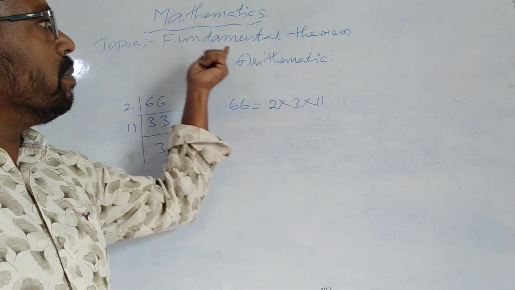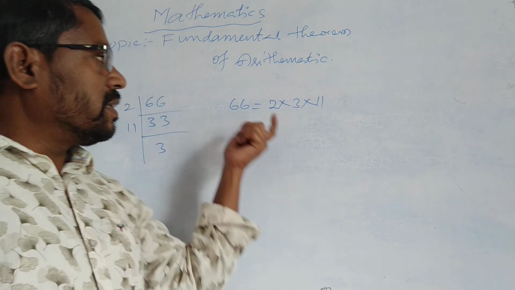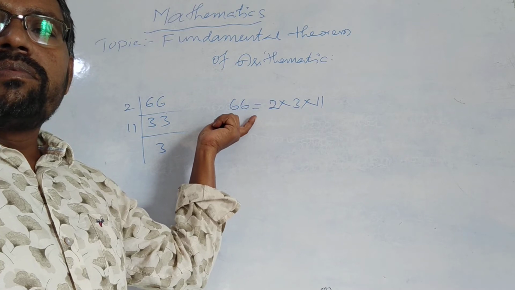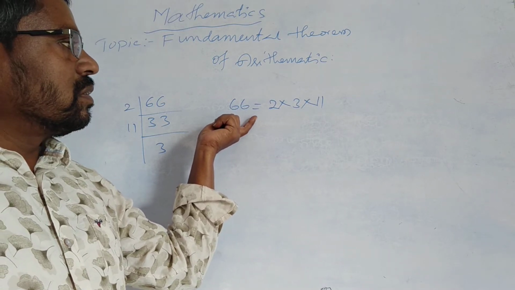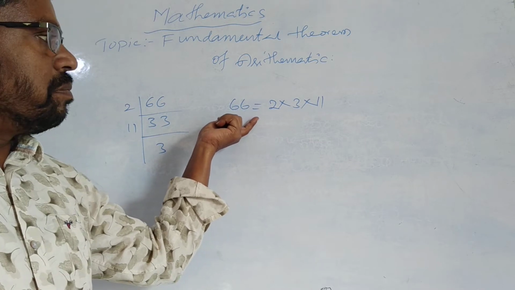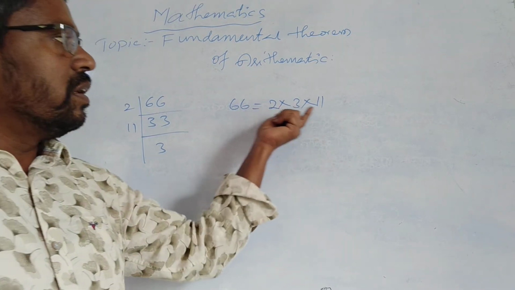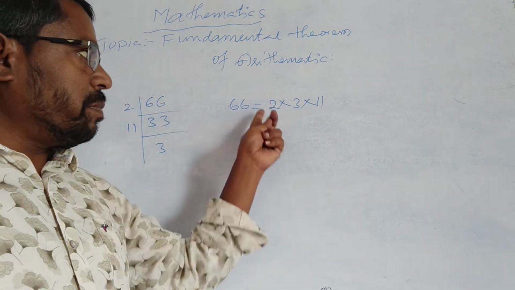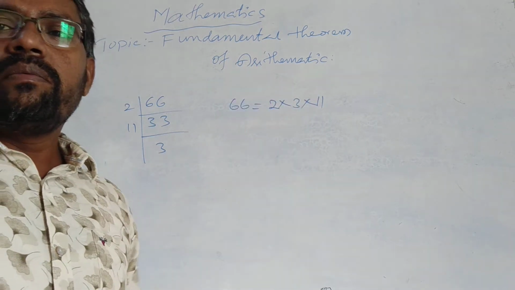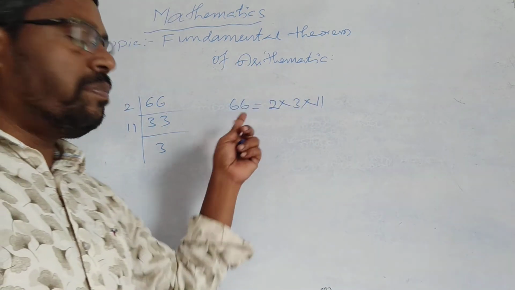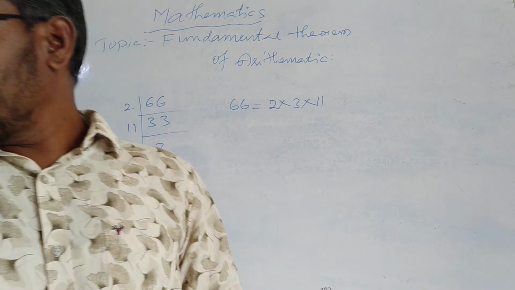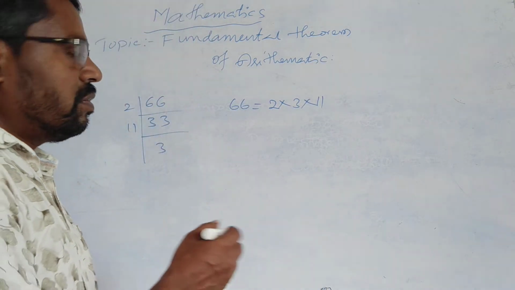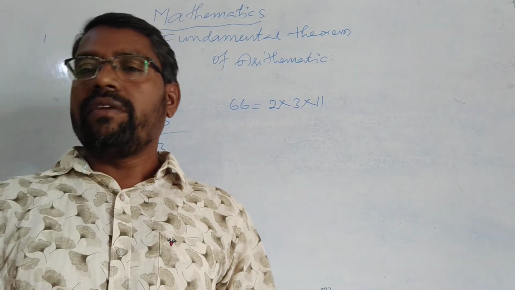So the fundamental theorem of arithmetic says that every composite number can be expressed as a product of primes, a prime factorization, which should be unique. So 66 can be expressed as 2 into 3 into 11 only. There is no other way. These 2, 3 and 11 are primes. This is the method, children. You can practice from your textbook. You have other numbers like 1771 and 5313. Many are there, already given in the text.